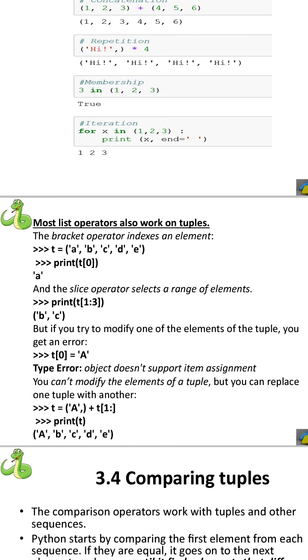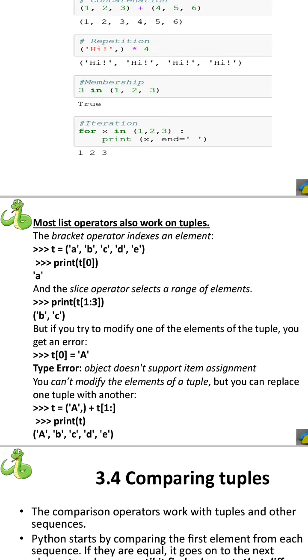To print all the tuple elements in a single line, I am initializing a blank space to the end parameter inside the print statement. When I execute the for loop, in the first iteration, the first element of the tuple is copied to x and it is printed on the output console.